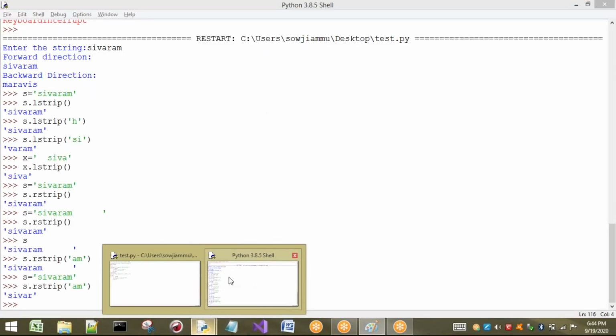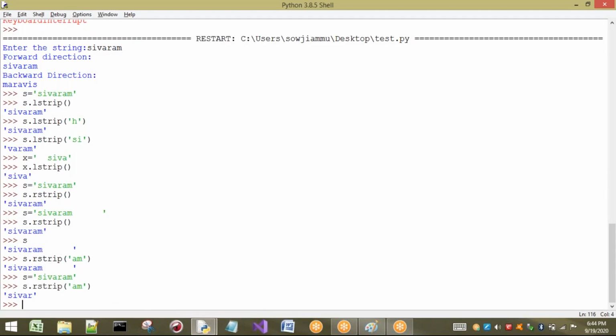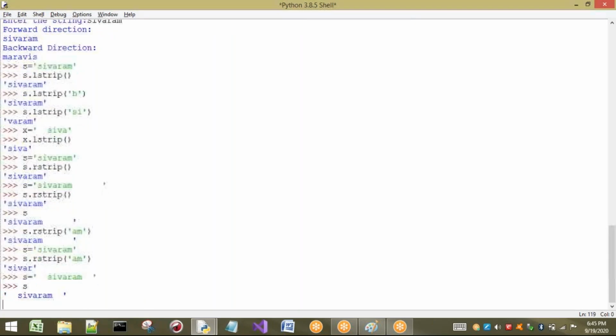L means left, R means right. We have observed that one. Now I will consider the same example here. I will apply some spaces here. See, on the left side I'm applying some spaces, and on the right side also some spaces. If I print s, you can see the given string.